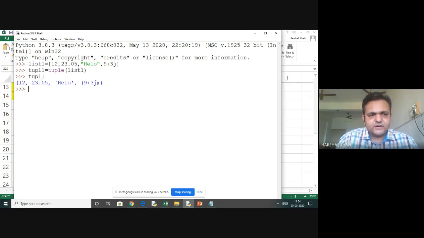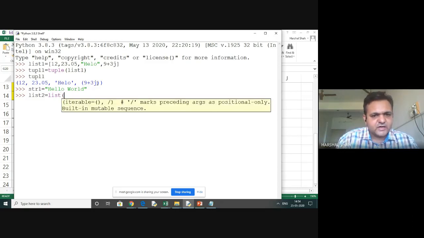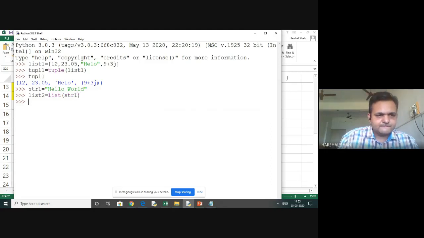Even, remember, I can make it from a string also. So my str1, let me get it again: hello world. And I can make this also, so let's see the list 2 also. What I can do is list, and I pass str1, and you can see what list 2 is.